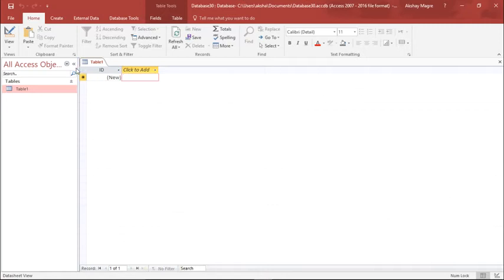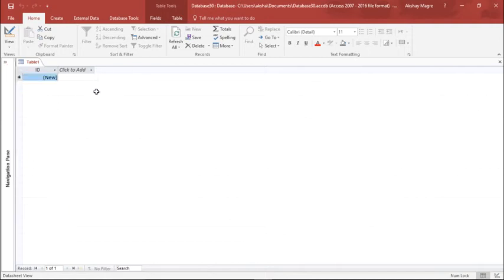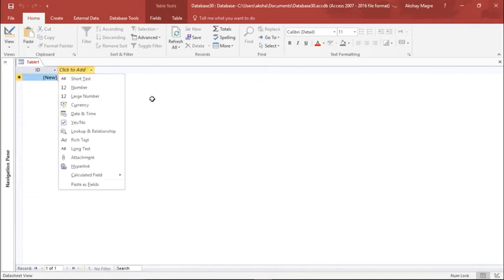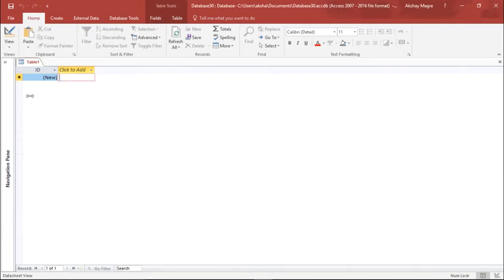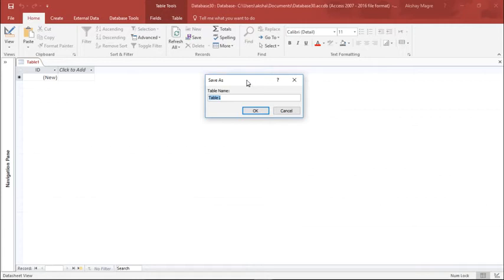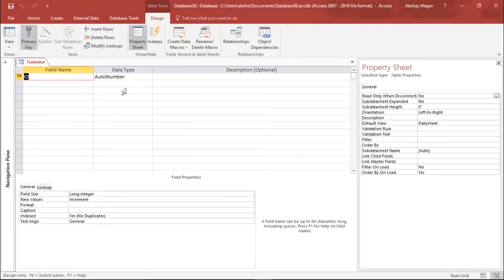Now first we'll go ahead and create a simple database. In order to do that, I can create a table structure from here, or it's suggested that we go under the View tab, and under the View tab we go to the Design view. Firstly it is asking me to save this table. Yes, we'll say sample database, or let's say we'll make this customer database, which will make more sense, right? We will name this Customer Database and simply hit OK. Now you can see this is the Design view. Under this Design view we can create a database.